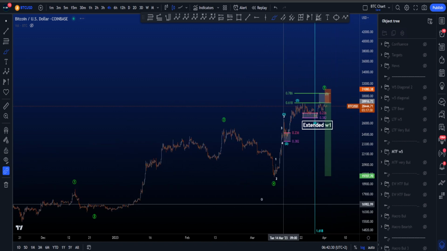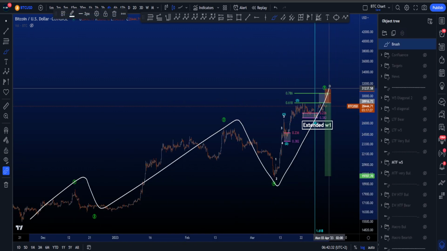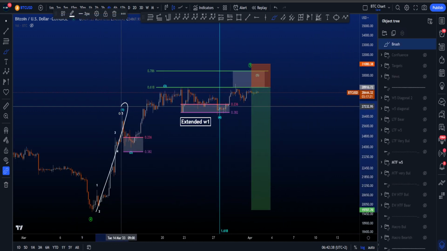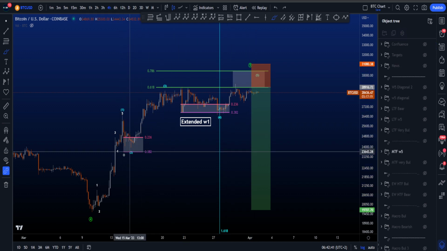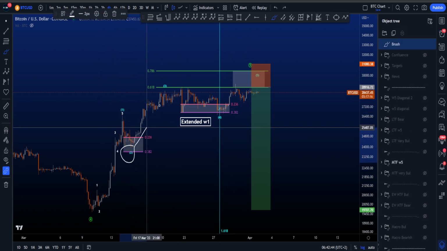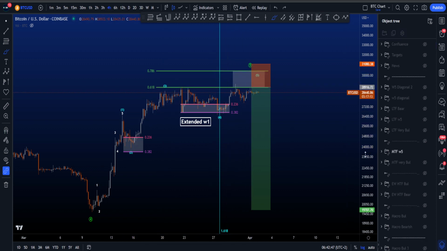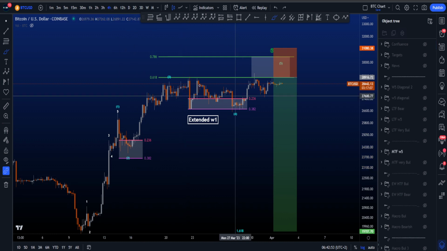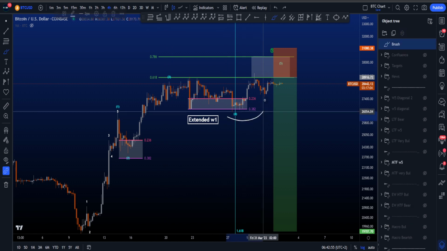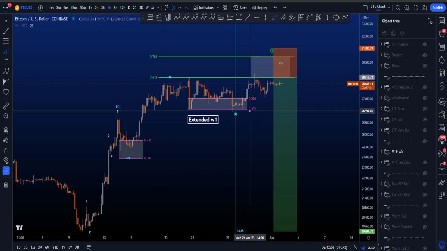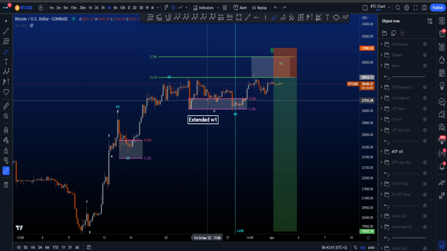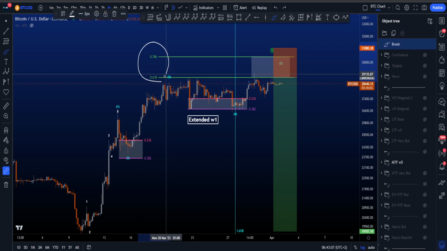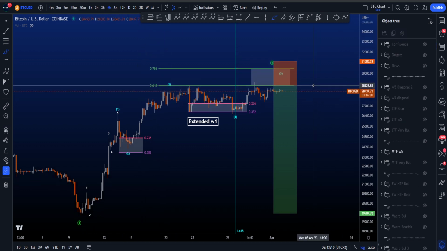So my preferred scenario at the moment is that this is a 1, 2, 3, 4 working on ending this wave 5. If we then zoom in, we have an extended first wave, followed then by 2, 3, 4. So if wave 1 is extended, the targets of a wave 2, 3, 4, and 5 will change, because the most common target for wave 2 will be between the 236 and the 382. Wave 3 does not have a target. Wave 4 most common target will then be the 236 and the 382. By the way, both very well respected as well. And the target for wave 5, if wave 1 is extended, is between the 0.618 and the 0.786, basically between